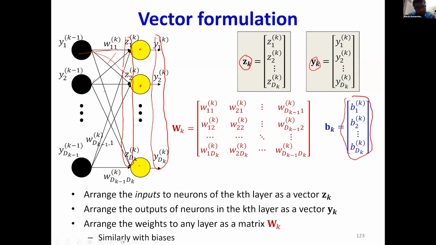So the output of the neurons in the k minus 1th layer would be a vector y subscript k minus 1. So you would have y k minus 1 equals y1 k minus 1 through whatever yn k minus 1, right? And so now if I look at